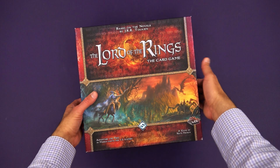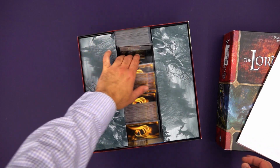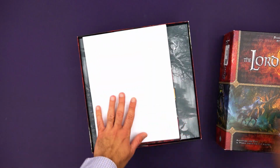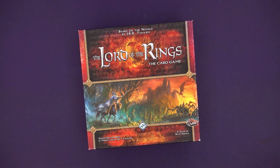What's more, I then got home and I looked inside, and all of the cards are sleeved, which was like, oh boy, this is great. I've got sleeved cards, great condition, really low price. I've heard some really good things about the game. I read the rules. I watched some playthroughs. It looked interesting. I sat down to play it two, three, four times, and every time I took it out,